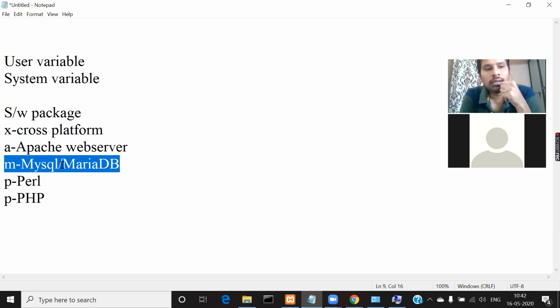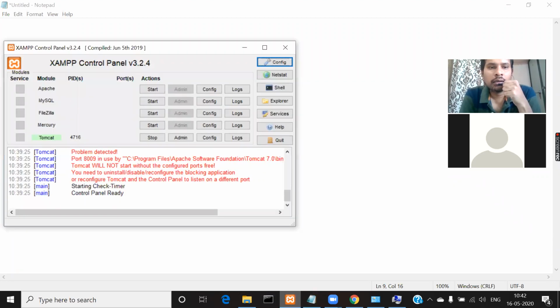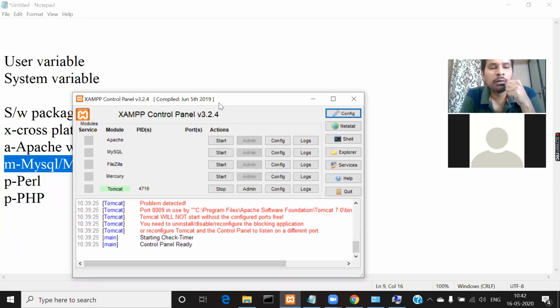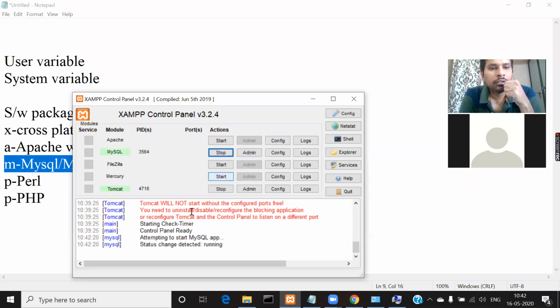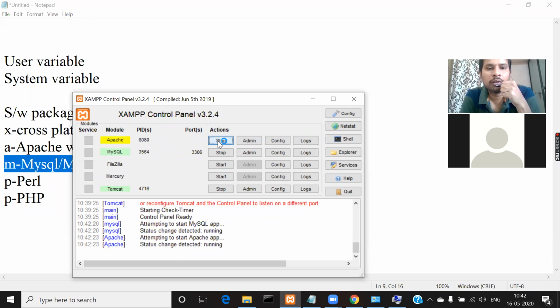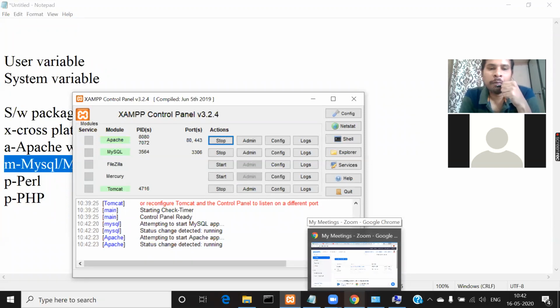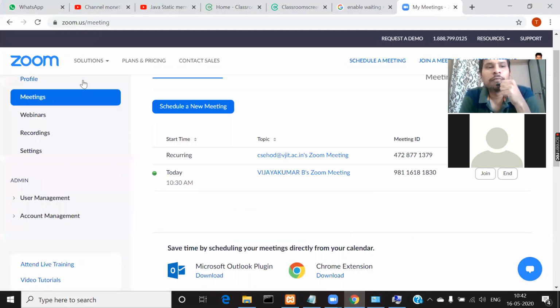Okay, so when you install this XAMPP software, you'll get a control panel installed on your system. You can go to start menu and search for XAMPP control panel. Then this will be available. This will be launched when you select that control panel. So here I'm going to start MySQL. If I start this MySQL and Apache Web Server, then I'll be able to access my tables from the web browser. I need not go to command prompt and type all the commands for creating table, for creating database and all these things. So directly I'll get a graphical user interface like this.